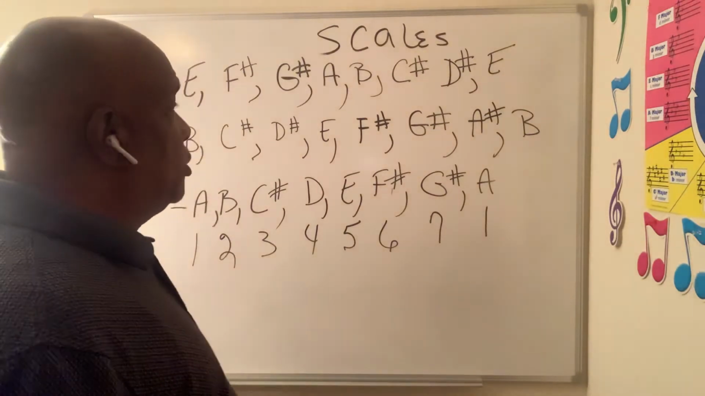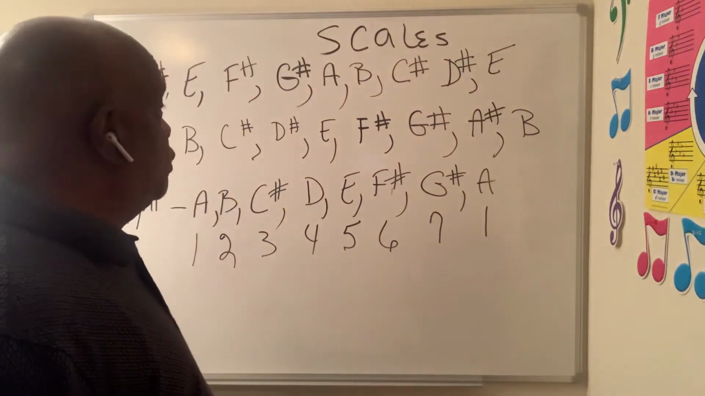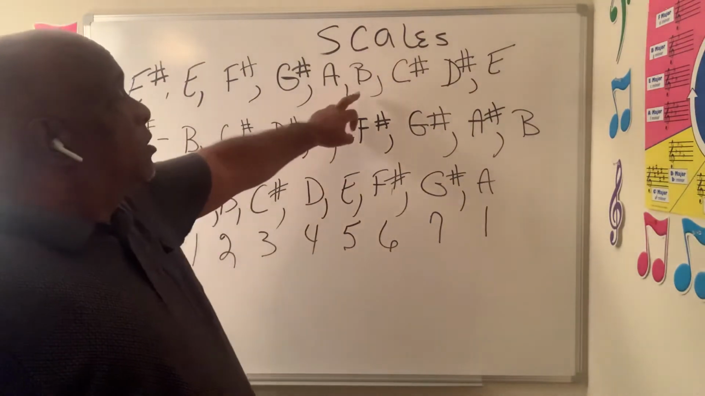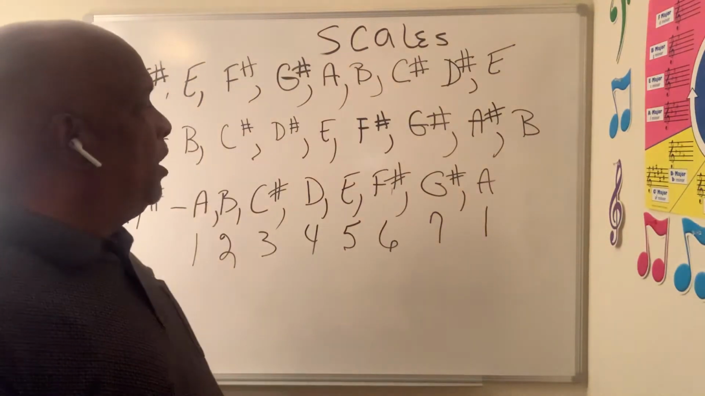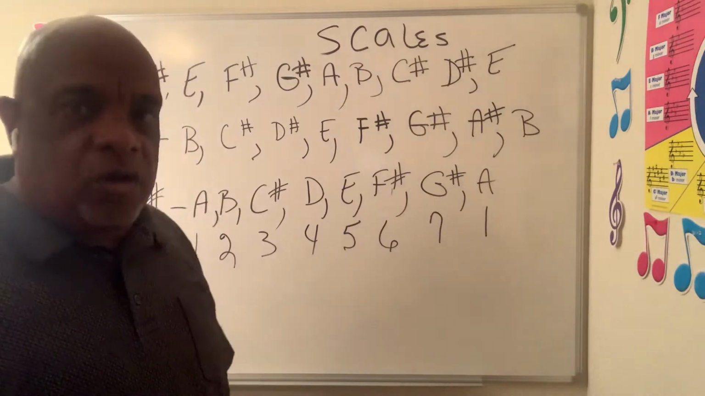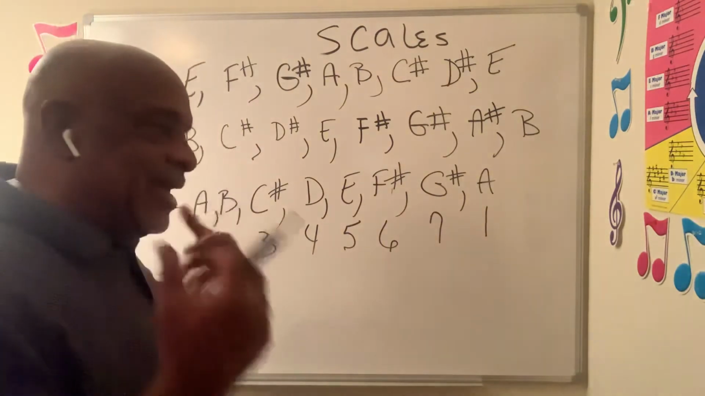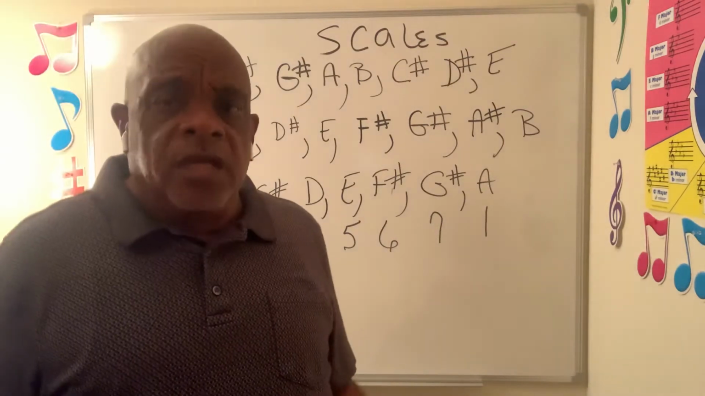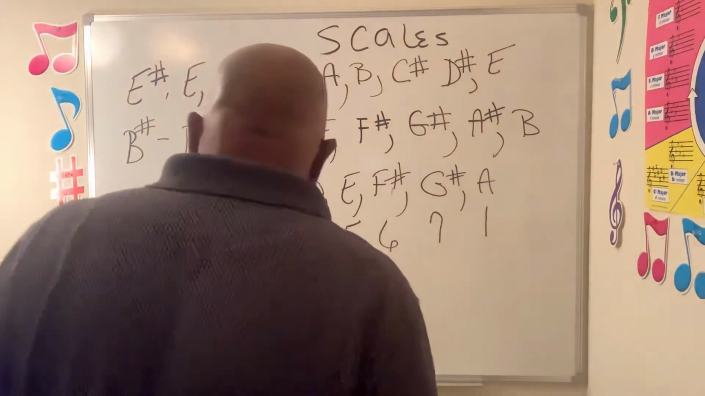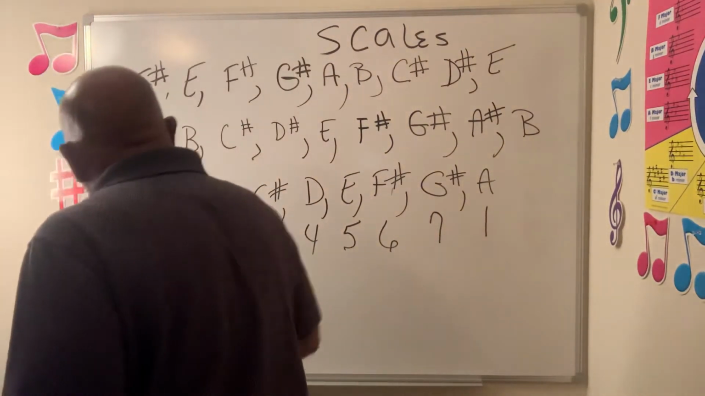The 4 of E sharp major is A. So the 5 of E sharp major is what? It's going to be B. The 2 of E sharp major is going to be what? F sharp. So that's why I say it's the same thing in all major scales. Same thing. All right? Since we're dealing with scales,